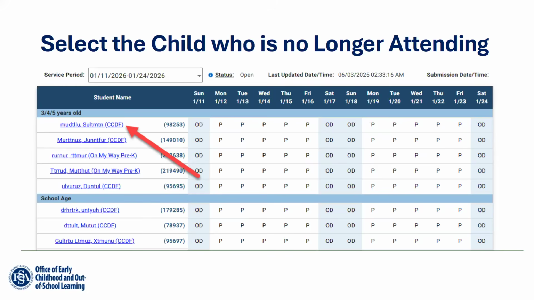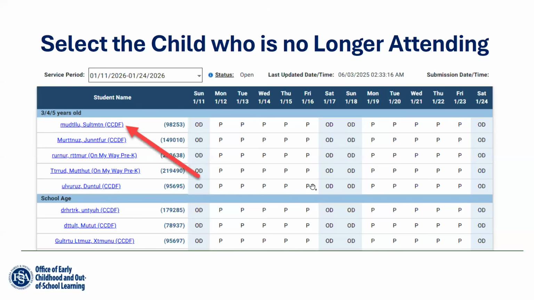So if you go in and report a child that is no longer attending, that takes the vouchers out. You can always have vouchers reinstated if a child is removed and then that parent decides to come back at a later date and you've allowed them to return to your program. So that's not going to hurt anything. So we want to make sure that you're reporting that right away and not dragging that out for weeks and weeks and weeks and then saying, oh, whoops, now that kid really isn't coming back. We want to make sure that you're going in and reporting that non-attending child within those 5 days as required